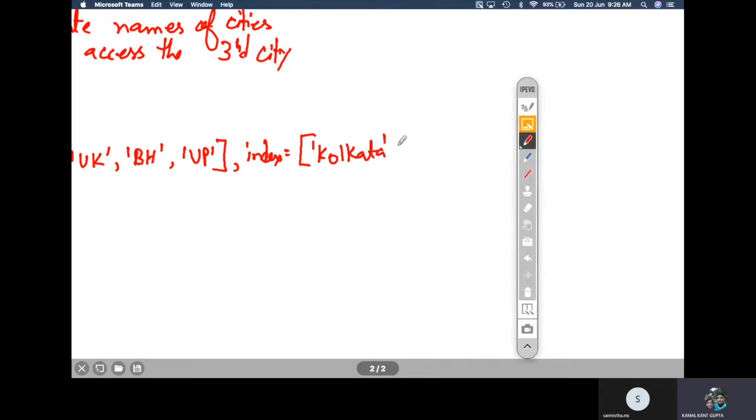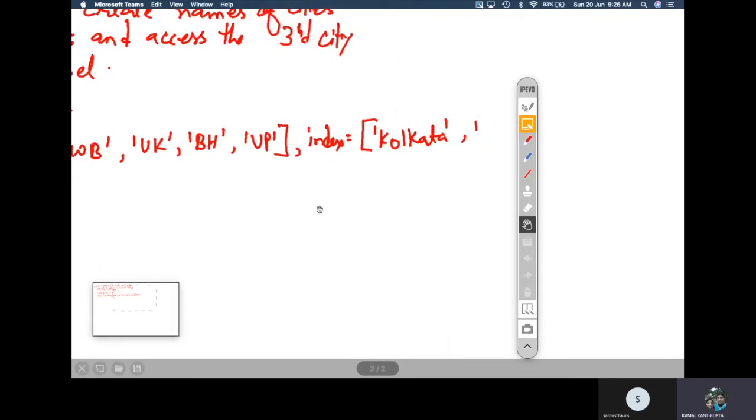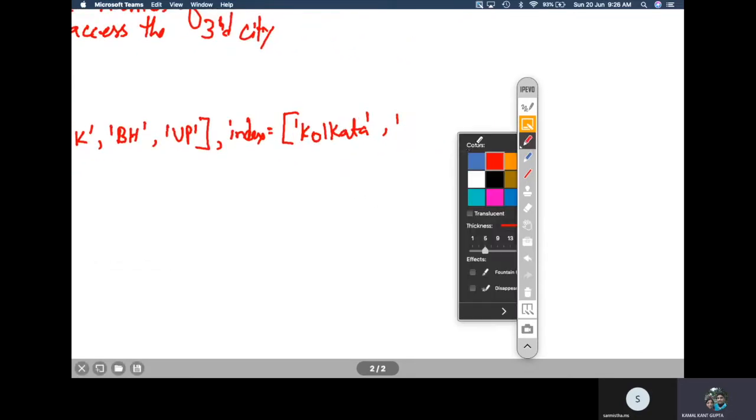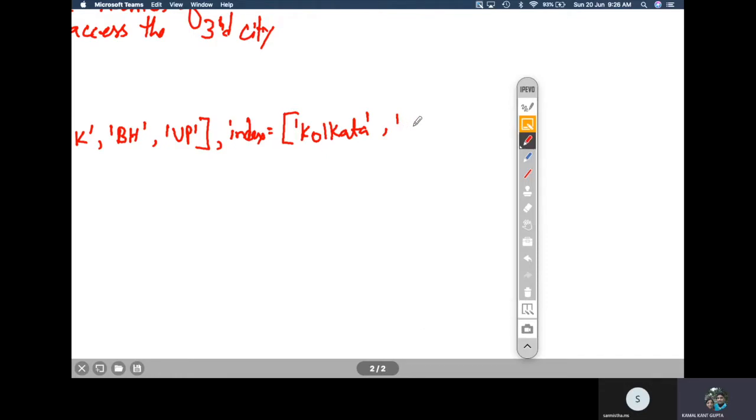And what about Uttarakhand? The capital is Dehradun, I think.